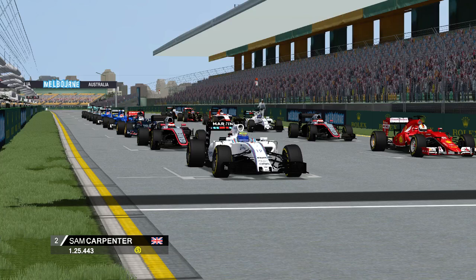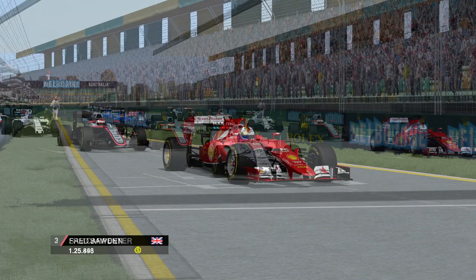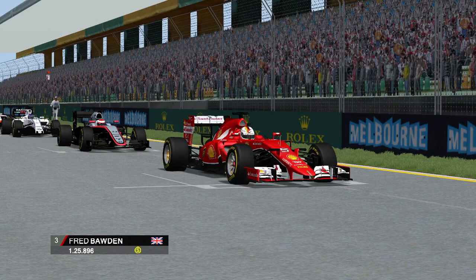Sam Carpenter in second in the Williams with the 125.4, hoping to stay in that position and is not too far off in terms of time. Hoping to possibly take the lead at turn 1, but also has to defend from a lot of quick drivers behind him. Fred Borden in third, Craig Baxter's teammate, lining up in third with 125.896. Once again, trying to capitalise if any of the two in front of him make a bad getaway, and also trying to defend from this guy,